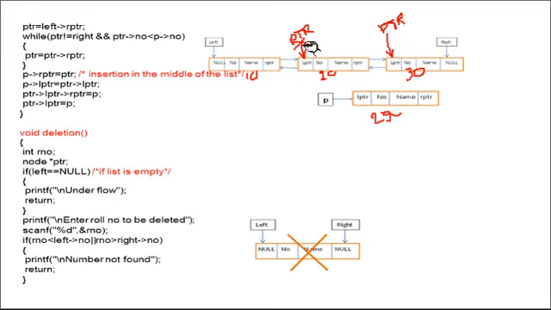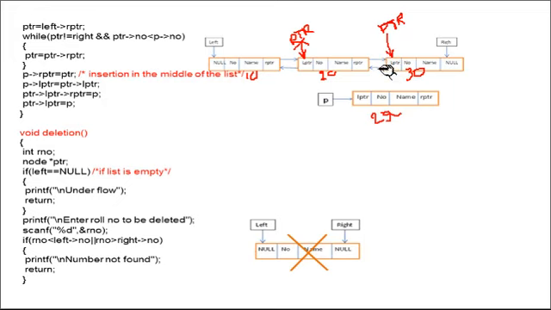Okay, so now ptr is pointing to this one. Then this condition in the while loop will become false, because ptr is equal to right. So now come to this line, p equals to rptr. What is p of rptr? P of right pointer. After insertion, this node will be inserted in between these two.